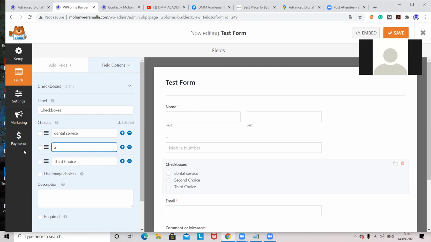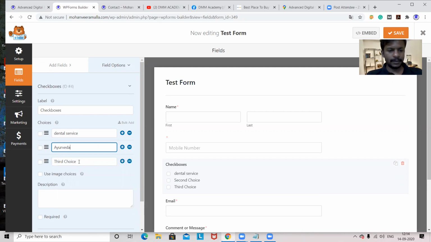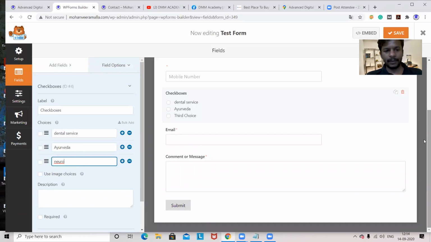Ayurveda, allopathy, neuro. Okay, these three things I'm taking. That means the person can take whatever. These are my services. By seeing the form, we can analyze that he's interested in this, or he wants this kind of service, so I can select this.